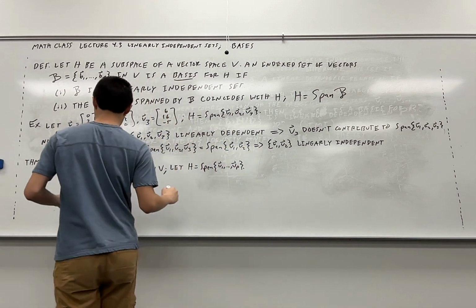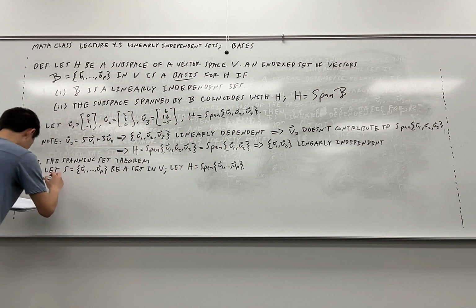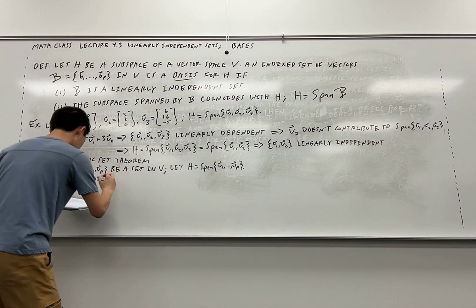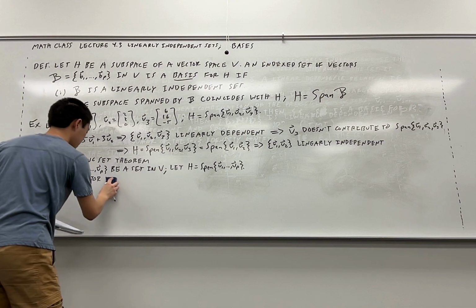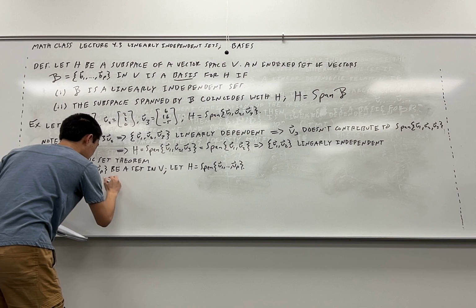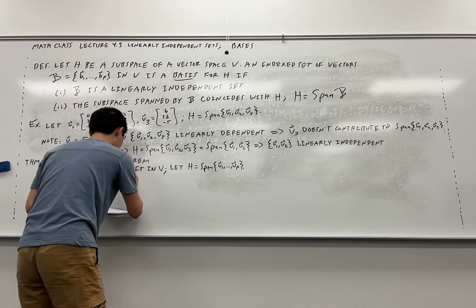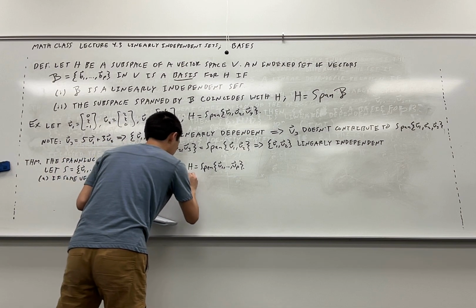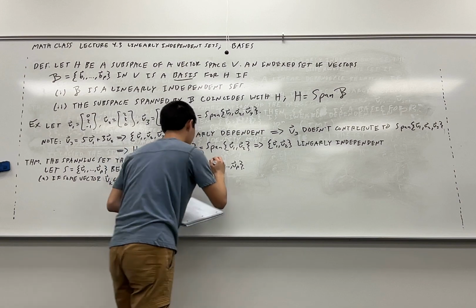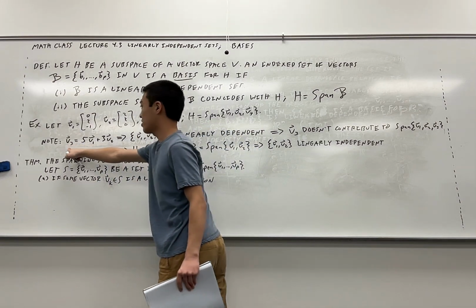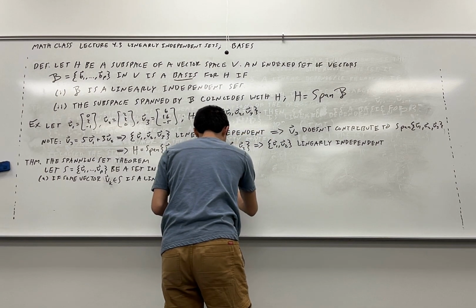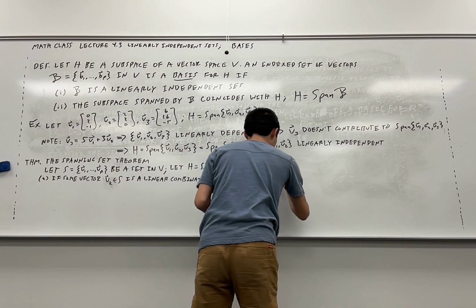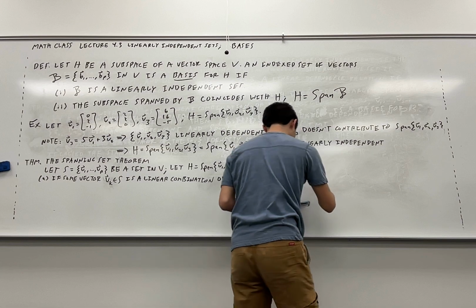Okay, so first, if some vector, maybe we call it v sub k, in my set of vectors S is a linear combination of the remaining vectors in S, kind of like how in the previous example we showed that v sub 3 is a linear combination of the remaining vectors,